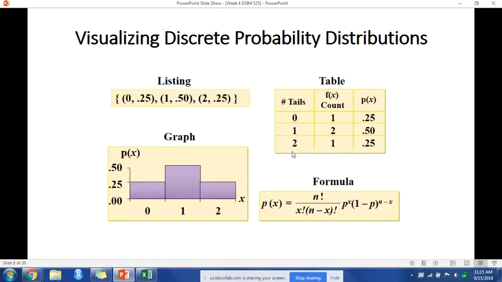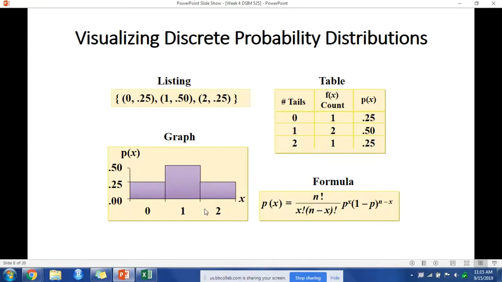And if we get 2 tails, then the probability is 0.25 because there is only one possible outcome that will give us 2 tails. We can also look at this in a bar graph where 0 is 0.25 and 2